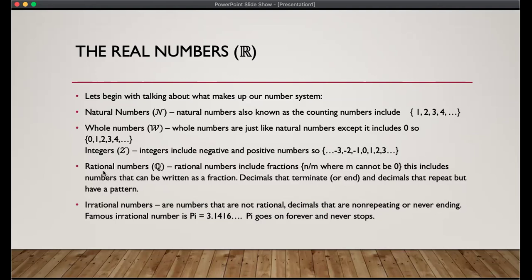So big differences, right? Rational numbers are numbers that you could turn into a fraction, and if they are decimals, they end or they stop at a certain point. And if they do repeat and go on forever, it's a pattern, right? So like, let's say we have,